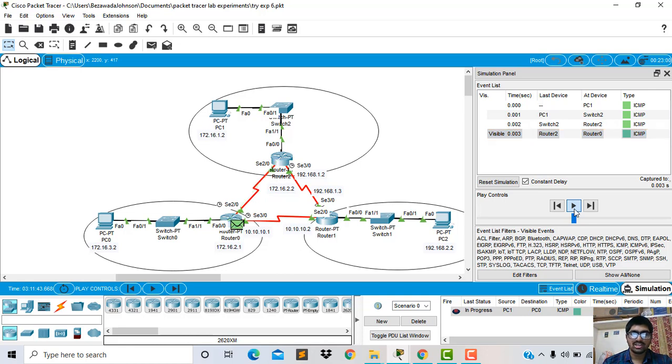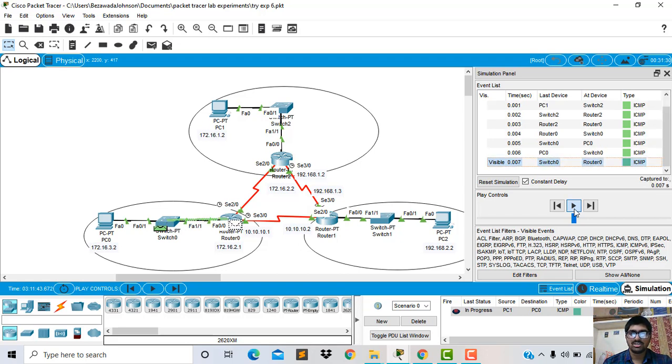From PC1 to access the information from PC0, there are two paths. From PC1 to router 2, and router 2 to router 1, and router 1 to router 0, and to PC0. But it chooses the best path, that is from PC1 to router 2, and router 2 to router 0, and to PC0. It has chosen the best path.